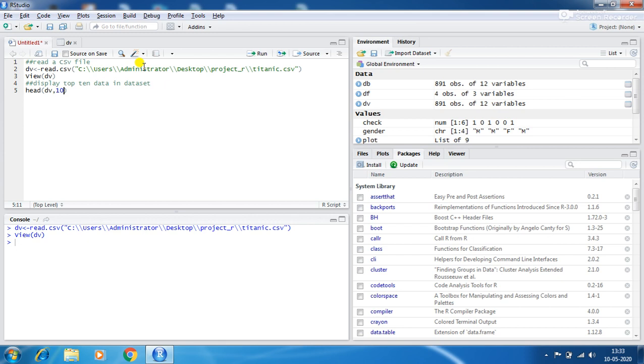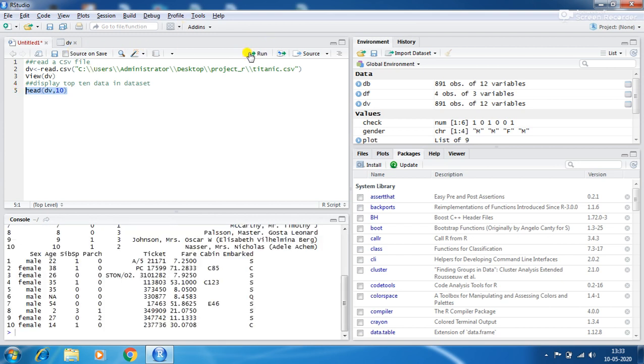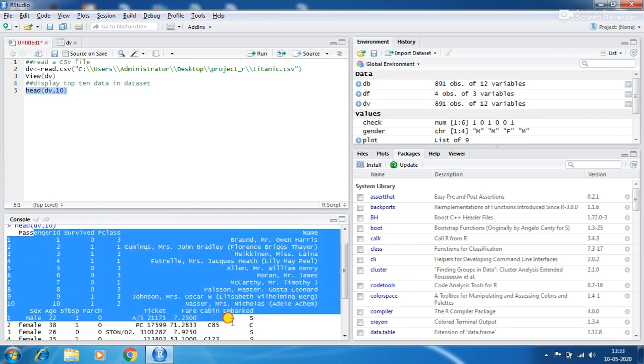How much data to be seen from the top? That is 10. Select it and run, and this is the top 10 data displayed.